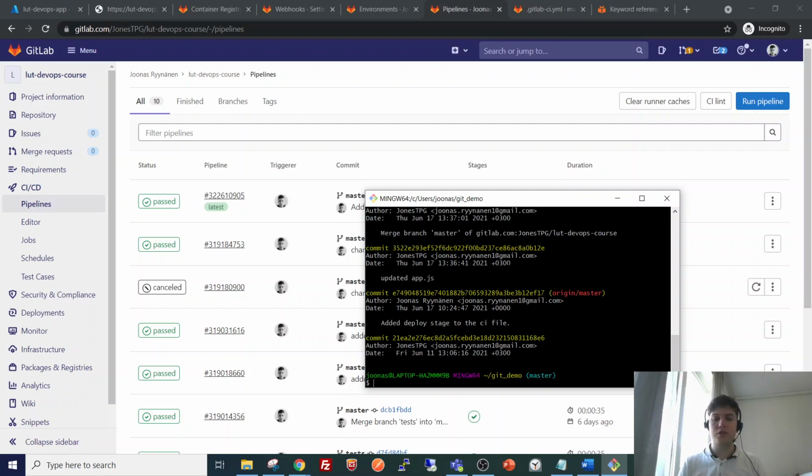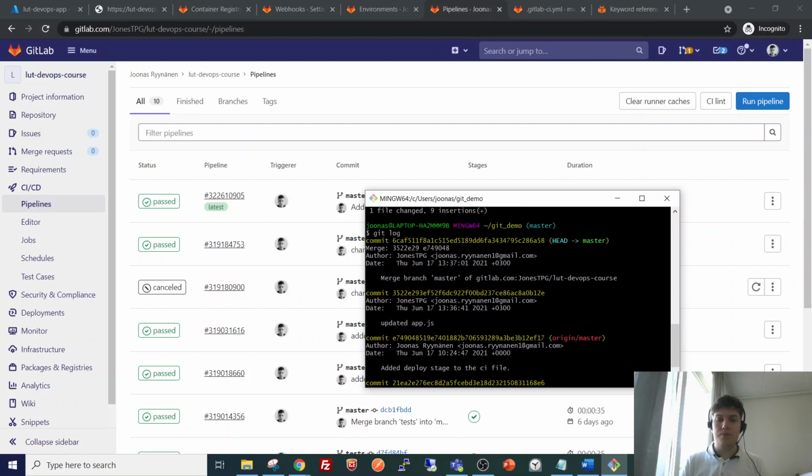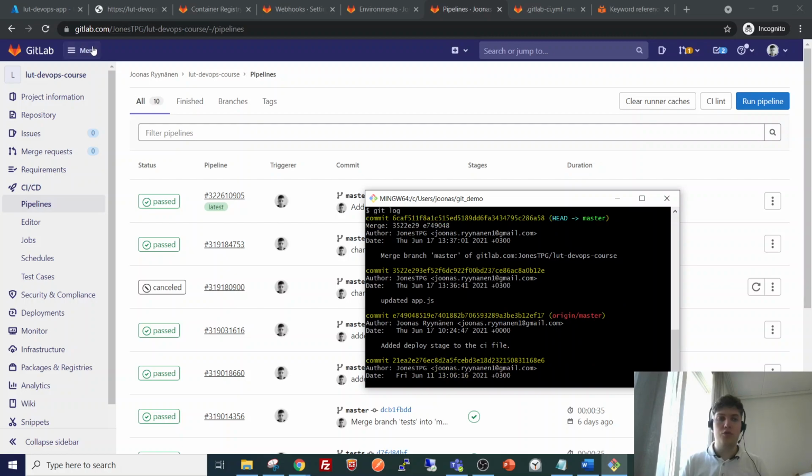I didn't have the change here in my local repository. However, now it did go through, and according to the log, the update I made to the app.js went through.